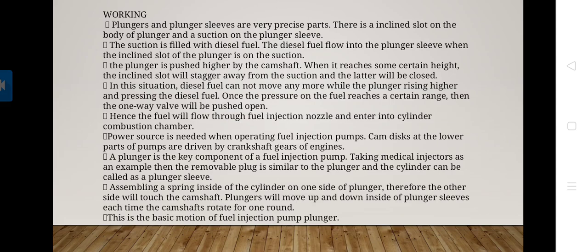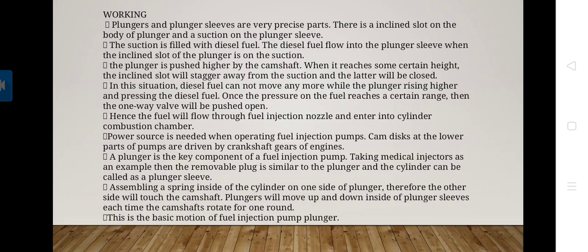The same working applies to the inline pump. Here the working is written: the plunger and plunger sleeves are very precise parts used in this inline pump, and there is an inclined slot on the body of the plunger, and the suction port is on the plunger sleeve. This suction port is filled with diesel fuel, for any SI or CI engine.